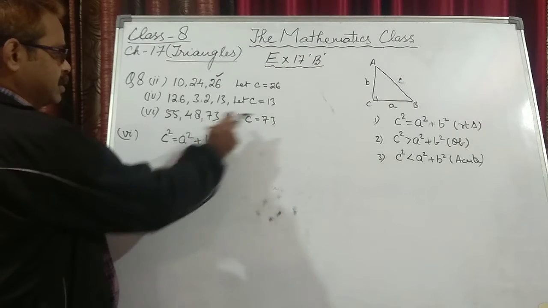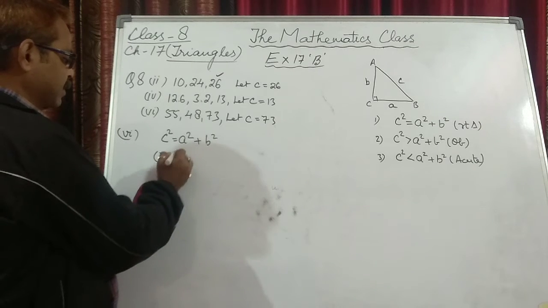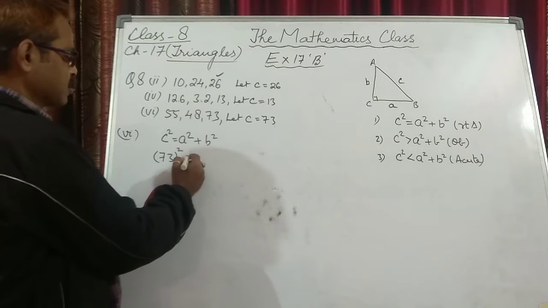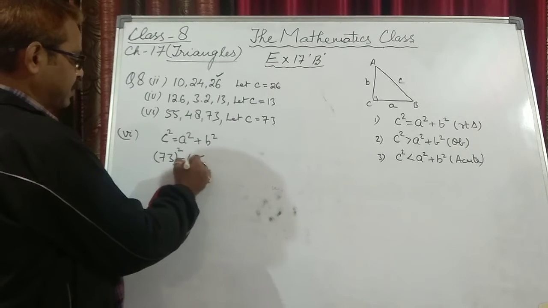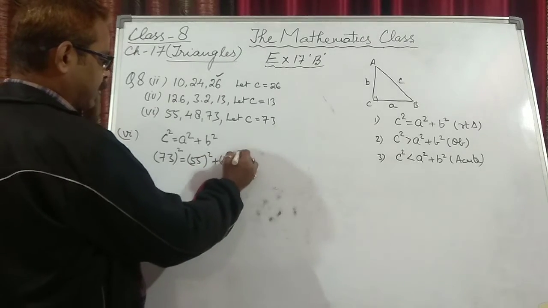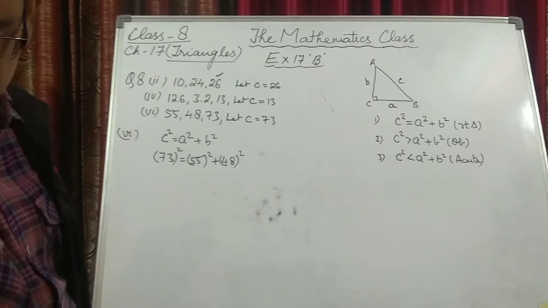Here we have assumed C as 73, so we will put the value of C as 73 square. Any other two sides can be taken as A and B. So A I am taking as 55, so 55 square plus 48 square. Now we will check whether 73